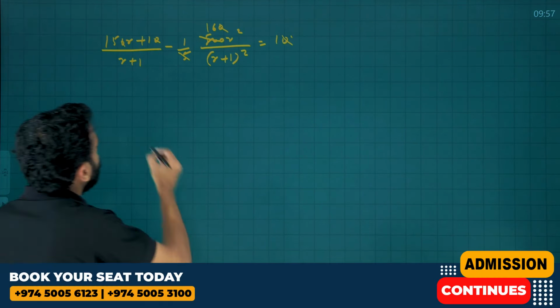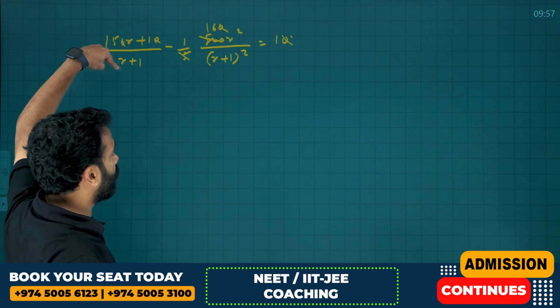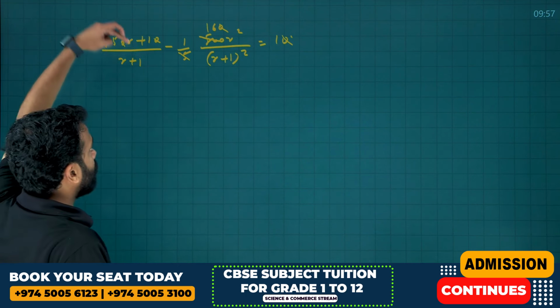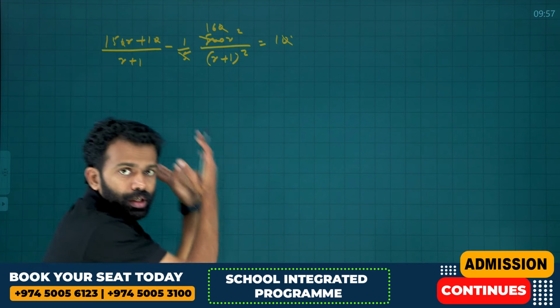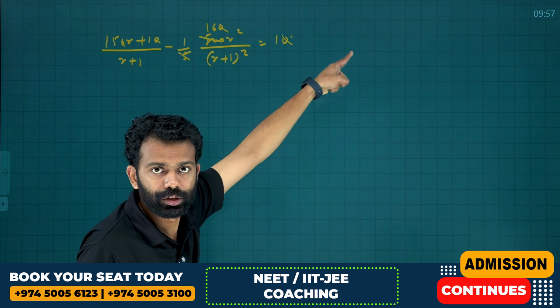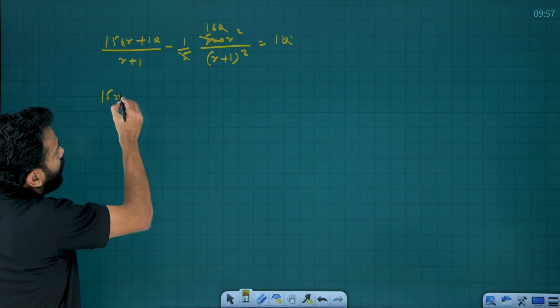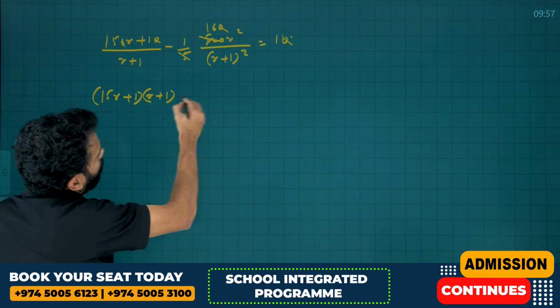Therefore, there is one more thing. Here we have r plus 1 whole square, and if here also we have r plus 1 whole square, we can take that to the right hand side. So I am going to multiply here and here with r plus 1. It will become r plus 1 whole square, so the denominator becomes same. And if we multiply, the right hand side becomes r plus 1 whole square. Just basic calculation. Therefore, it will be 15r plus 1 into r plus 1 minus